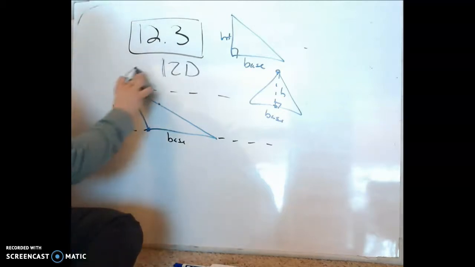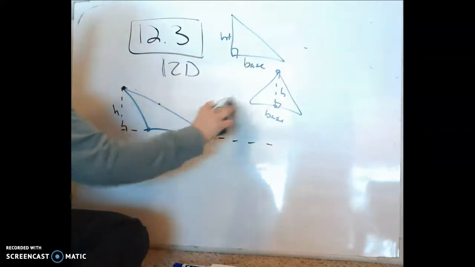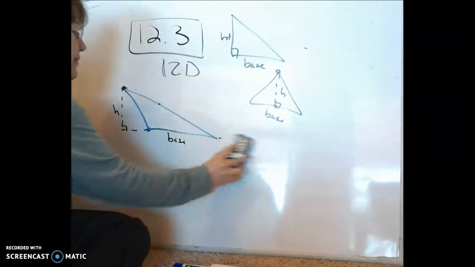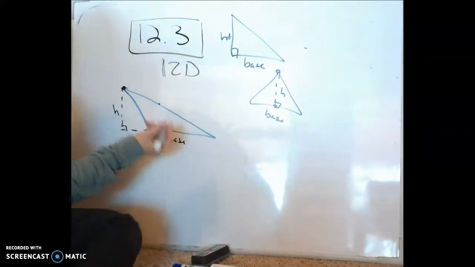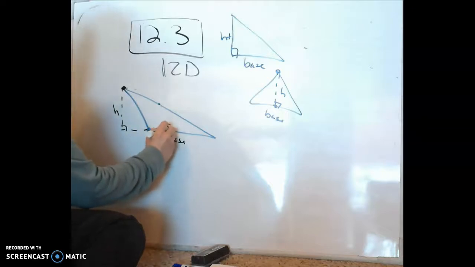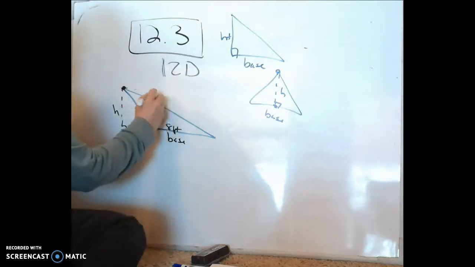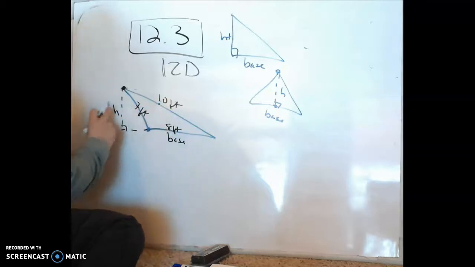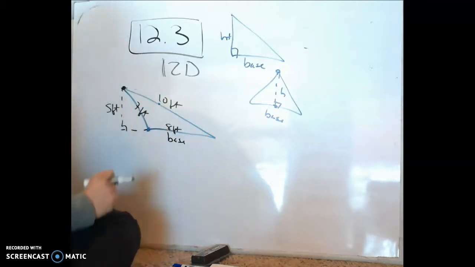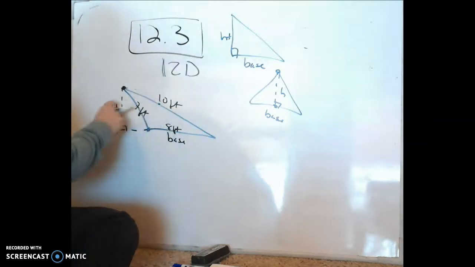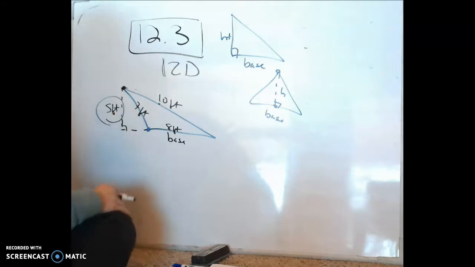And sometimes with kids, this messes them up when they try to find, say, perimeter or something like that, because as a teacher, maybe you have this as 8 foot and 7 foot, and then maybe 10 feet, something like that. And then maybe your height over here is 5 feet. And so sometimes students add all those numbers to get the perimeter. This is not really part of the problem. That dashed line is just kind of like someone whispering to you, hey, by the way, height is